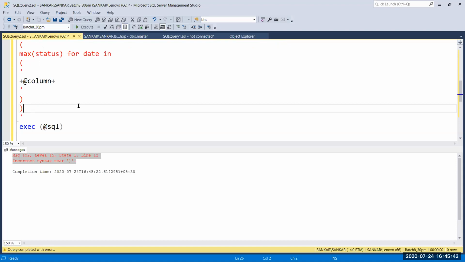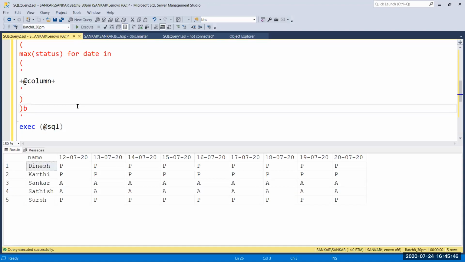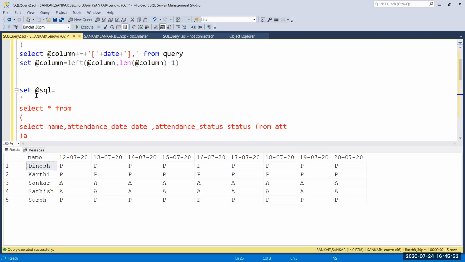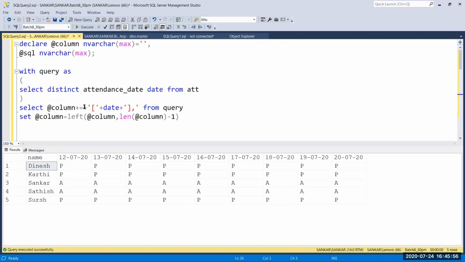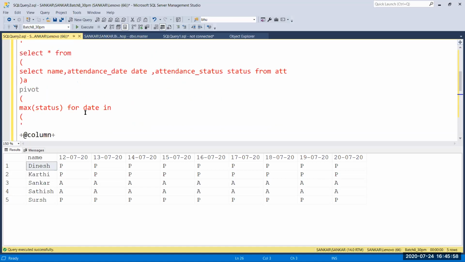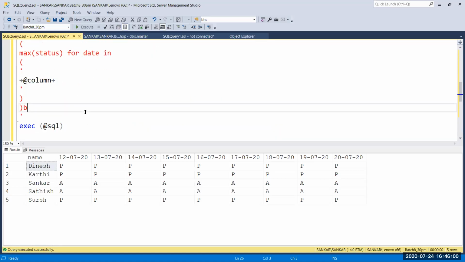Here you have to give the name for the pivot table. Now we get the data. This is a dynamic query, and here you have not changed any values.